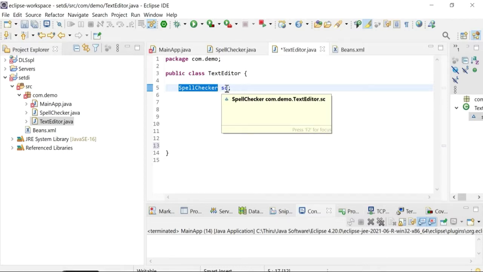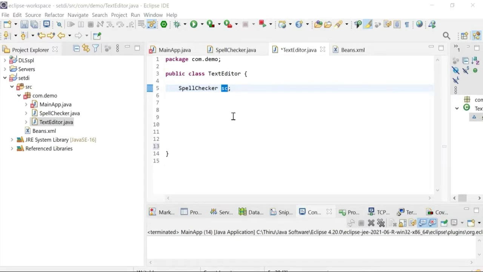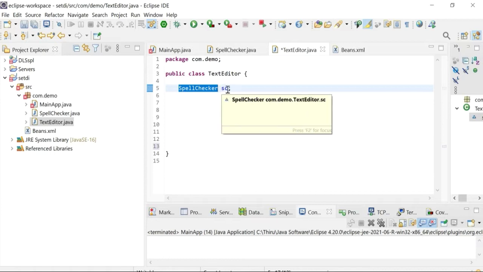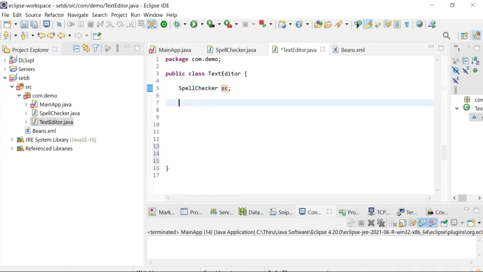You can see the spell checker class type here, and then the reference variable sc. So we need to create the setter method and getter method for this spell checker reference variable sc.